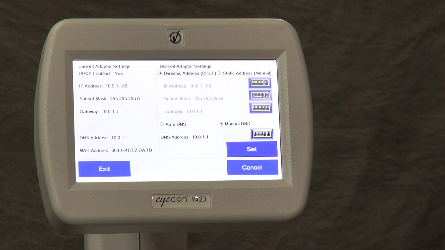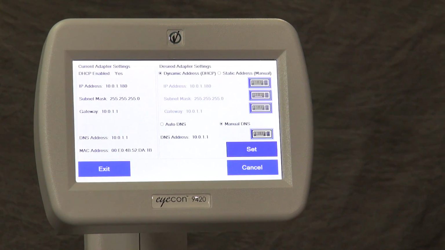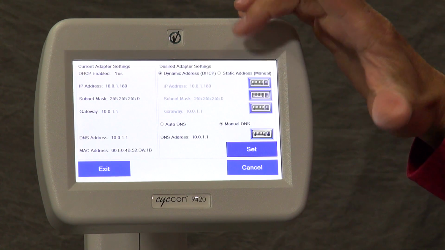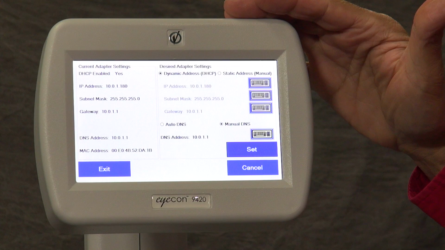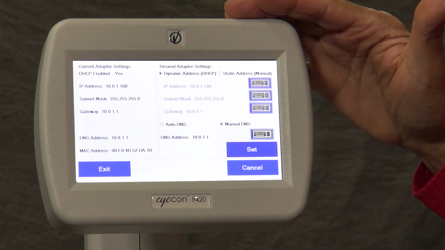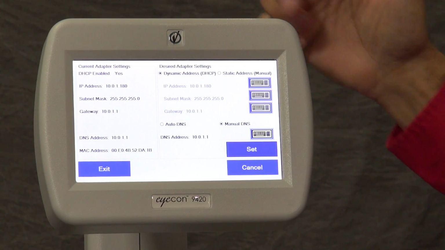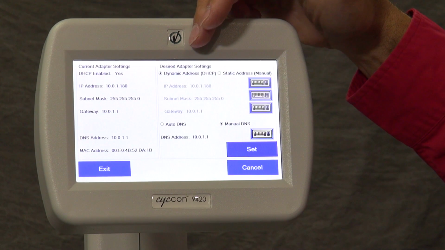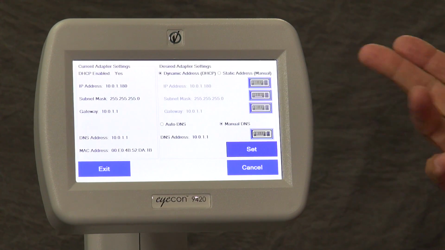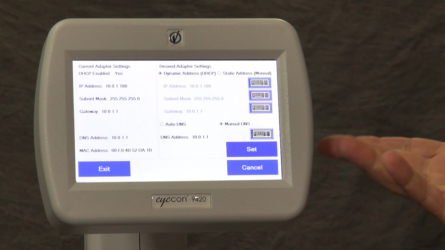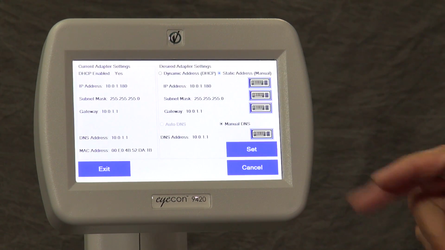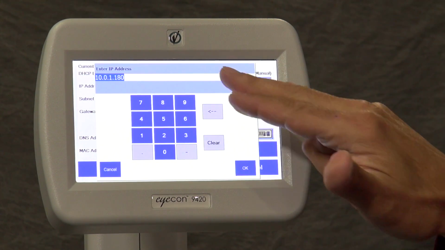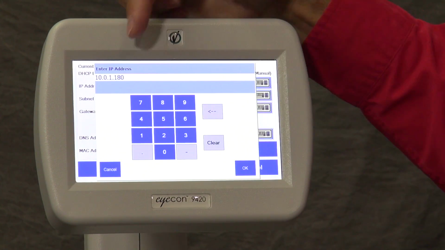Okay, next I'd like to explain how you can use the static setting in order to specify the settings you'd like to use for your pharmacy. So refer to your IT support to give you an IP address that you should be using. But the way I like to do it is you select your dynamic address, and that gets you into the right range of IP addresses that are used within your network. But then you can change it to static and click the keypad, and now you can just change the last octet of your